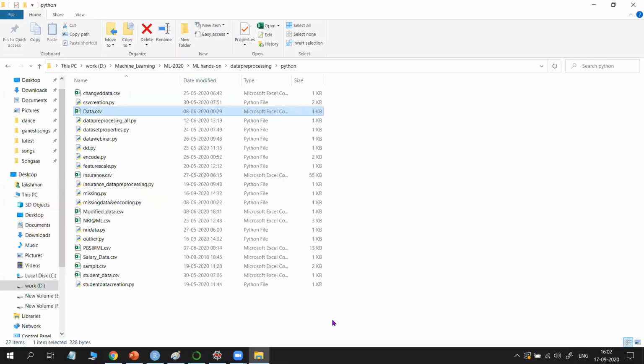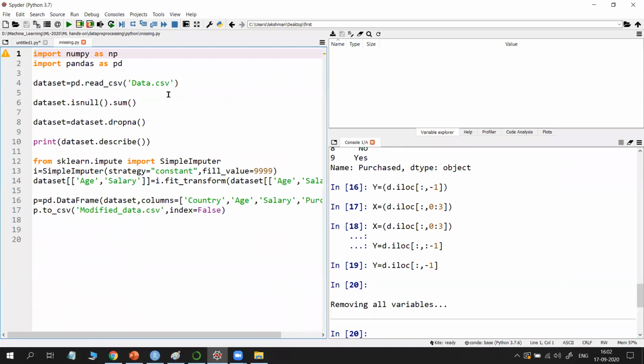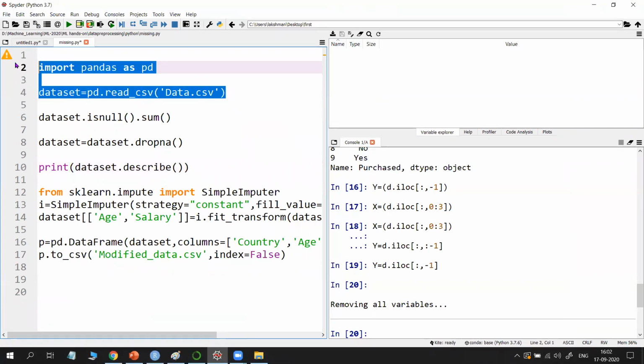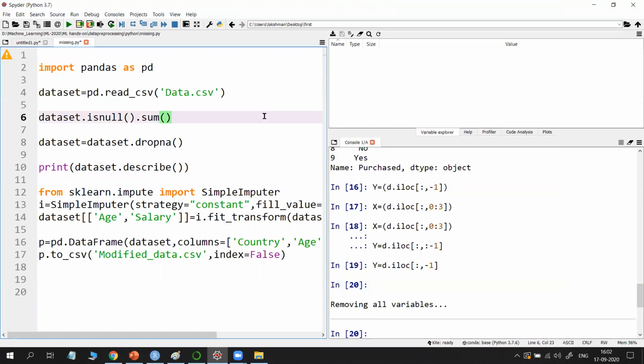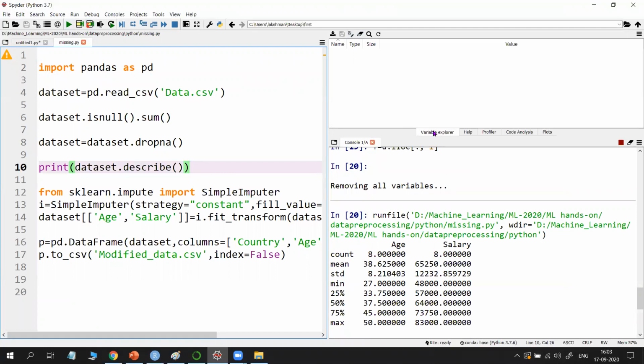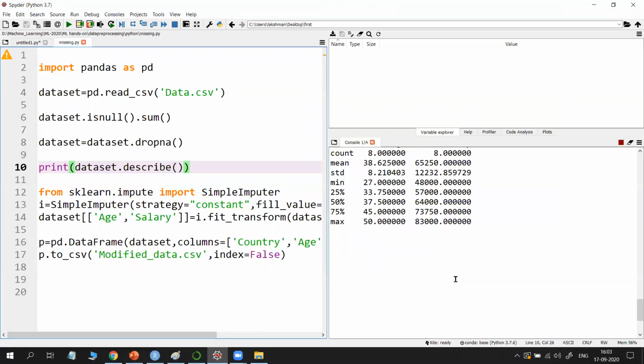So now close it. And as I already told you, this is not necessary. We are not using the NetDB. So first I am using these two lines. Before that, as I told you, to set the current working directory, after opening this file, you just click run. And see, I have given only the file name. Why? My Python file, missing.py, and my data set, both are in the same folder. Otherwise, you need to give the path here. So just click it once and then execute it. Why did I click once? To set it as the current working directory.